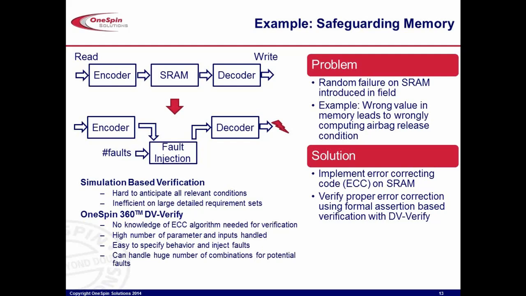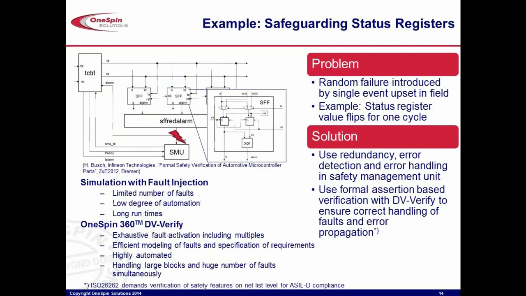So you can say, going back to Mike's question, sometimes it's hard to say, okay, I'm doing this formal work, what can I skip from simulation and save effort? This is an example of safeguarding register. This is more specific to actual safety critical verification, and there is some redundancy here introduced to deal with the potential errors on registers, and there are various techniques to do this, but ultimately there is logic in your RTL